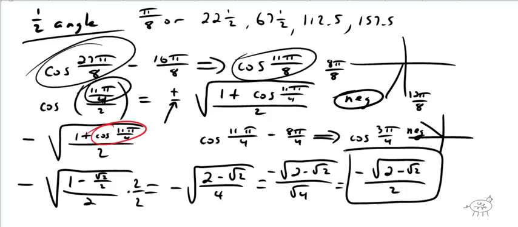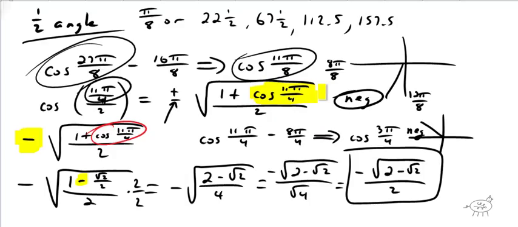Okay, but remember, this sign is based on the original problem, the half angle. It's asking what's cosine of 27 pi over 8. Then just be careful of this sign as well. That belongs to, and I just take the cosine of the 11 pi over 4. Okay,